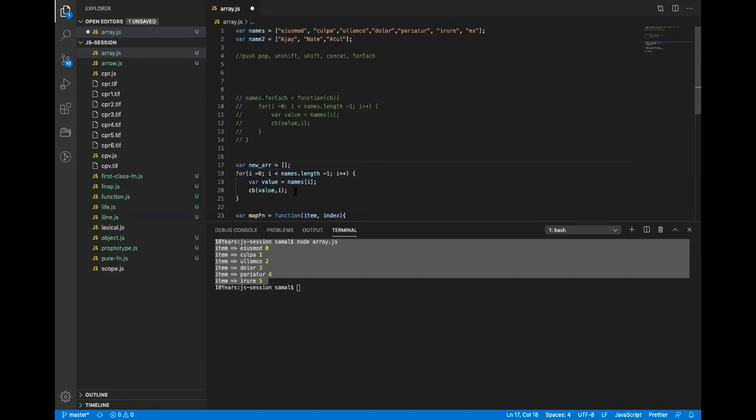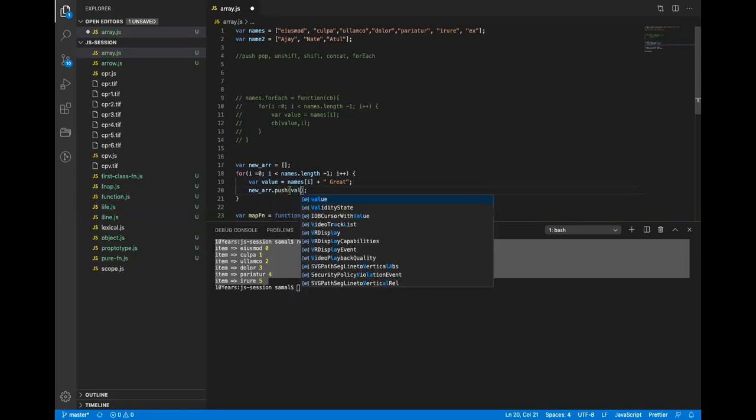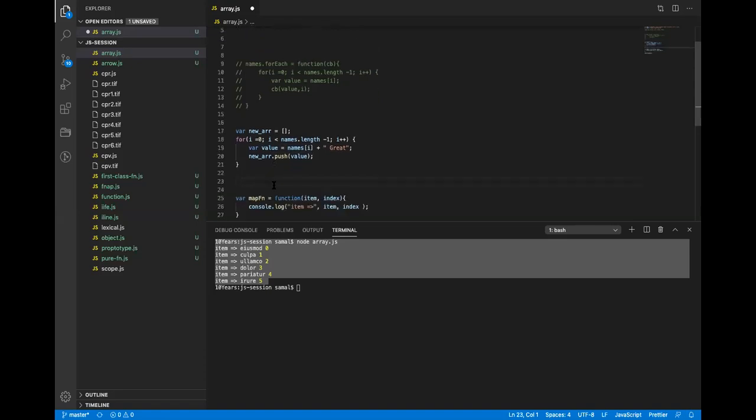Every time I want to change the value, let's say I'm adding a great keyword to the end of all the items. Now I want to do newArray.push, and value. Once it is run, I'll just say console.log newArray, and names.